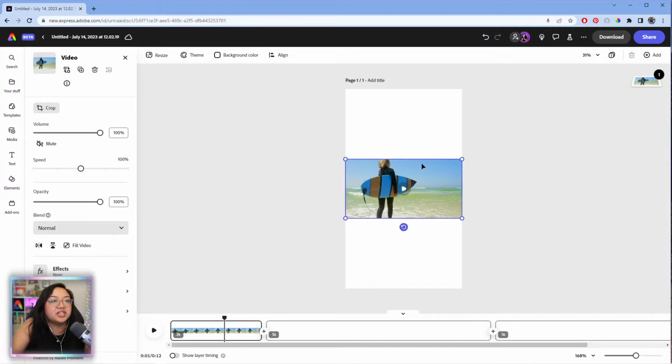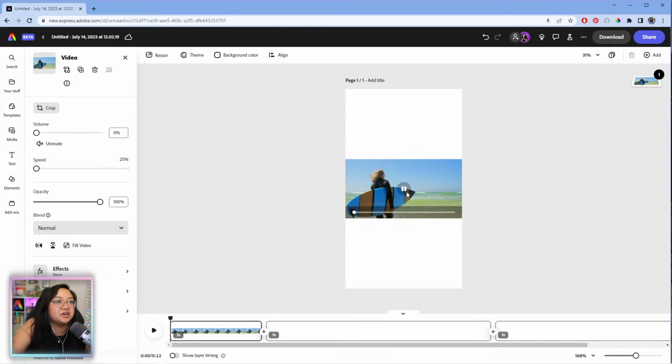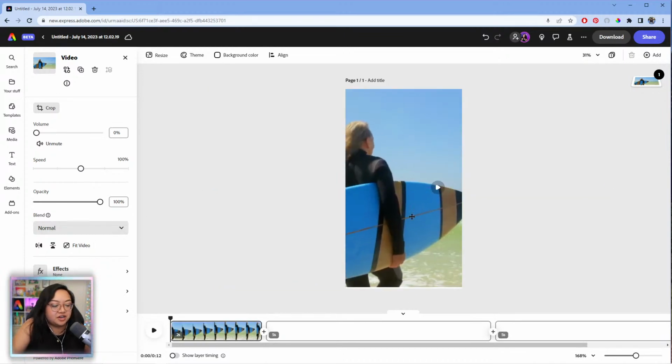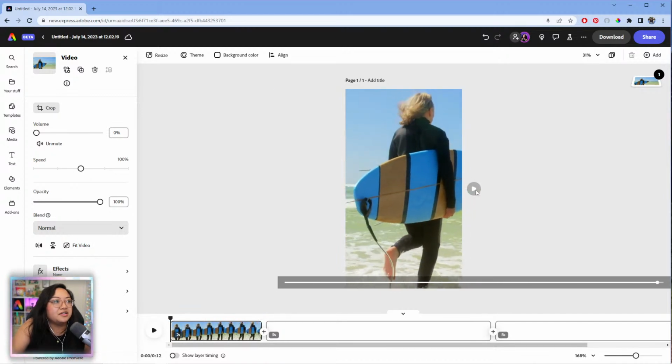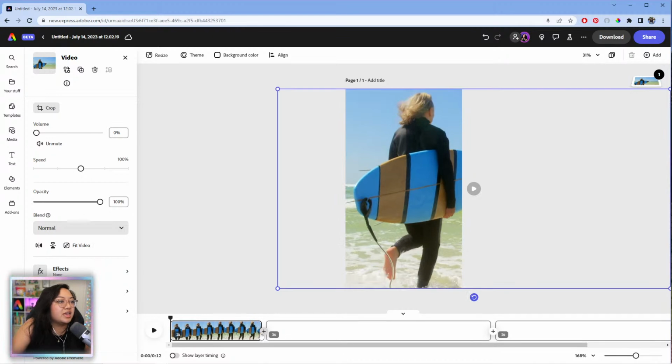When you click on the footage itself, you do get a couple different options. You can mute the clip if you want. You can adjust the speed ramping, so you can make it faster, or give it a bit of a slow-mo kind of effect, like so. And this is what it looks like really fast. So it speeds up the clip. You can adjust the opacity, and then there are blend modes. You can even fill the video here so that it just snaps to the background. And what else can you do?